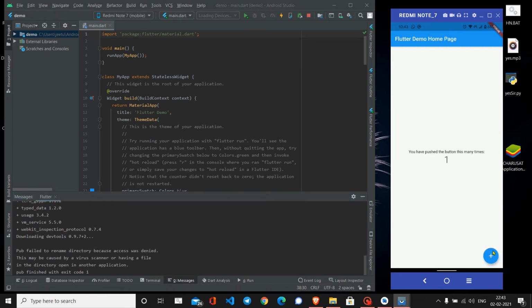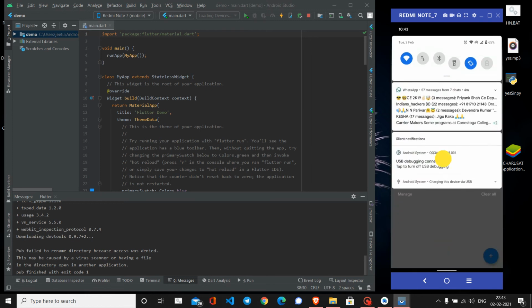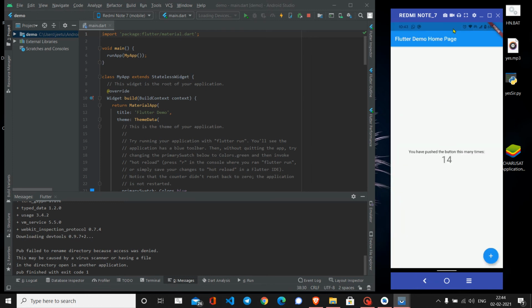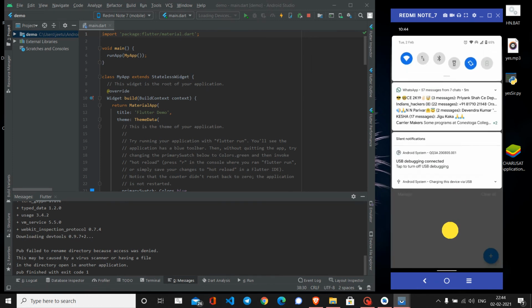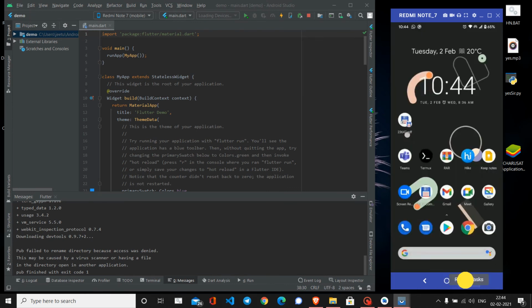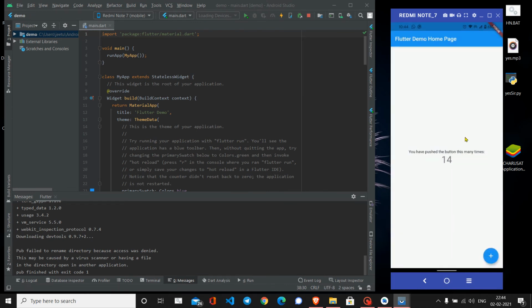We can explore it and test it directly from here. We can press the buttons, we can open up the status bar, we can access the navigation bar right from here, and this way.